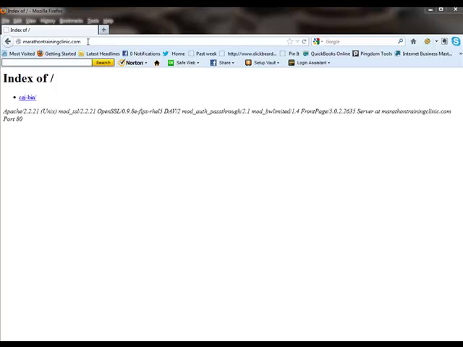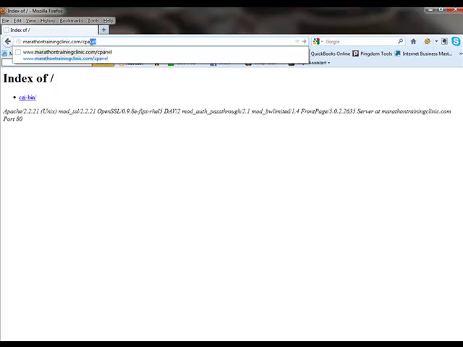So the first thing you can tell is that there's nothing here and the page is ugly. Your page may be slightly different depending on your account setup. I use a virtual private server, so I don't have a nice pre-built web page that says coming soon or anything like that that you may have with a shared hosting account. So the first step is we want to log into cPanel, and to do that we use your domain name, marathontrainingclinic.com in my example, but it would be whatever domain you have, and then you just add /cPanel